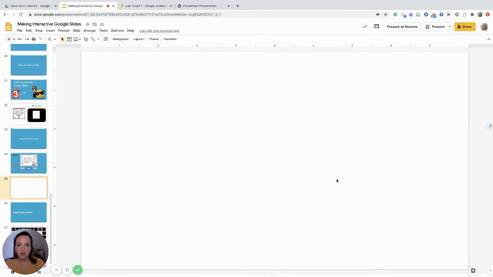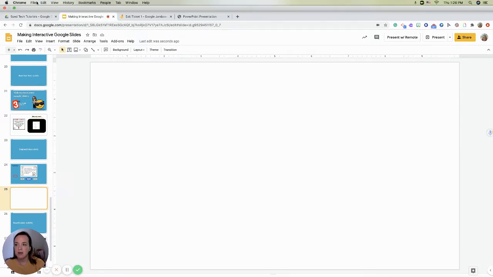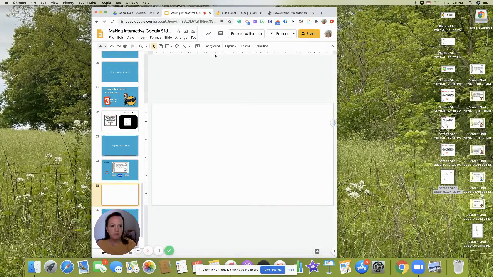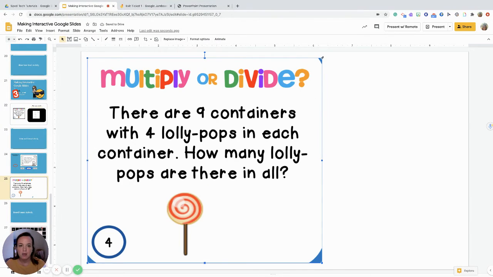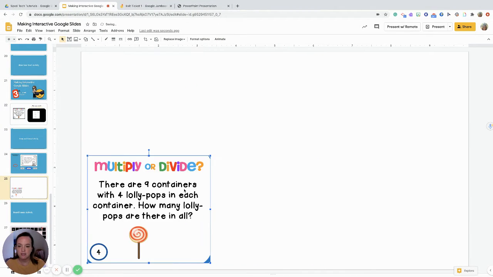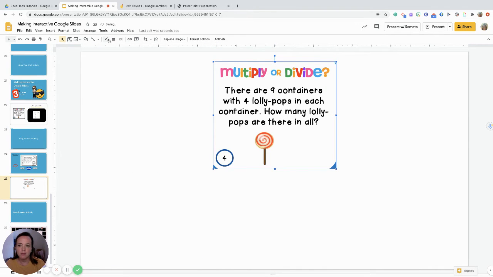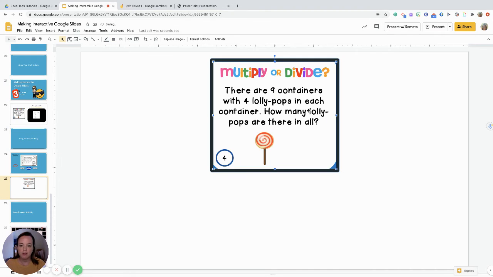So once again, I'm starting with a blank slide, and I'm going to find one of those screenshots of one of the task cards I took a picture of earlier. I'm going to drag it onto my slide. I'm going to resize this, put it in the middle, put a border around it, and now I need to create some answer choices. I'm going to do that by going to Shapes,